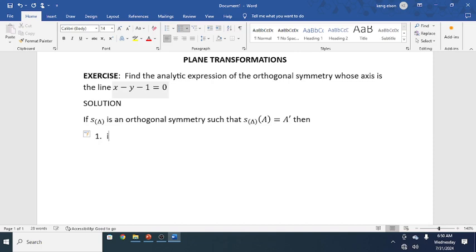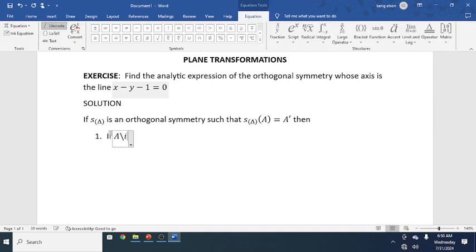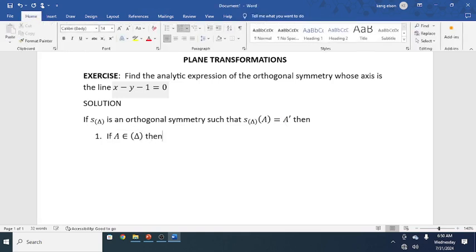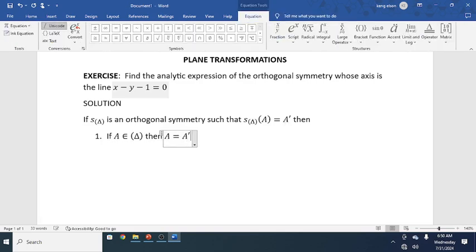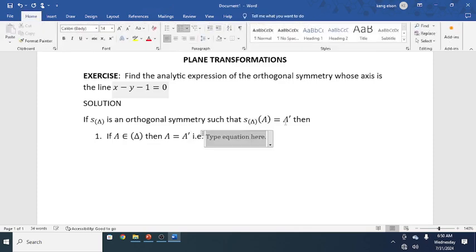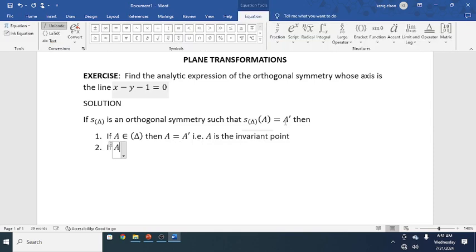The first thing is that if the point A belongs to the axis delta, the axis being a line, then we can conclude that A and A prime are the same. And if A and A prime are the same, we are saying that A is what we call the invariant point. Now the second thing is that if the point A does not belong to the axis delta,